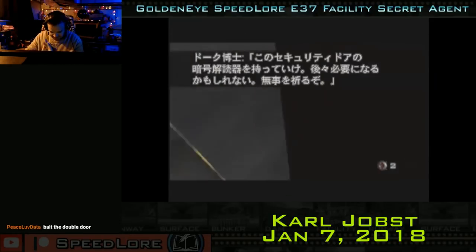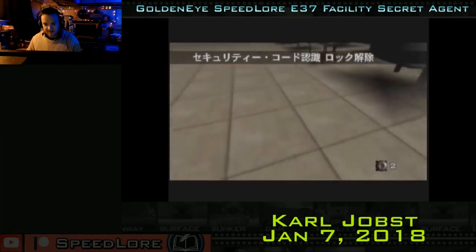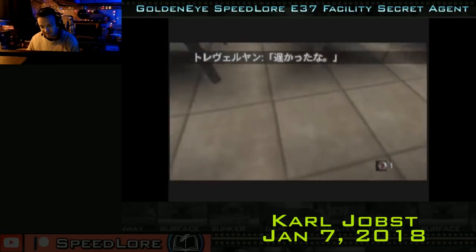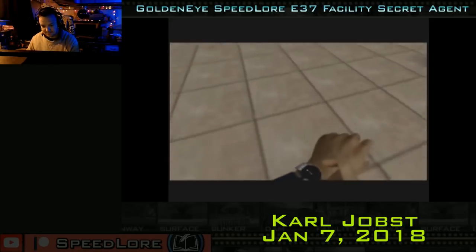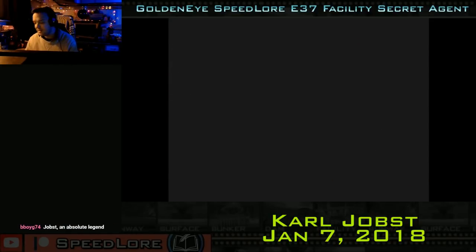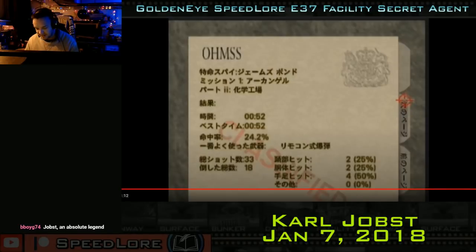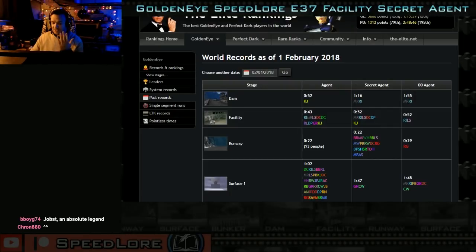Again, this is like the sort of optimal strat is sorted out. We know how it works. We know how to get these times. But of course, to execute it is something different, and Carl was playing very well at the time. He goes out and executes it and gets Facility Secret Agent 52. Amazing run. And so in February 2018, of course,